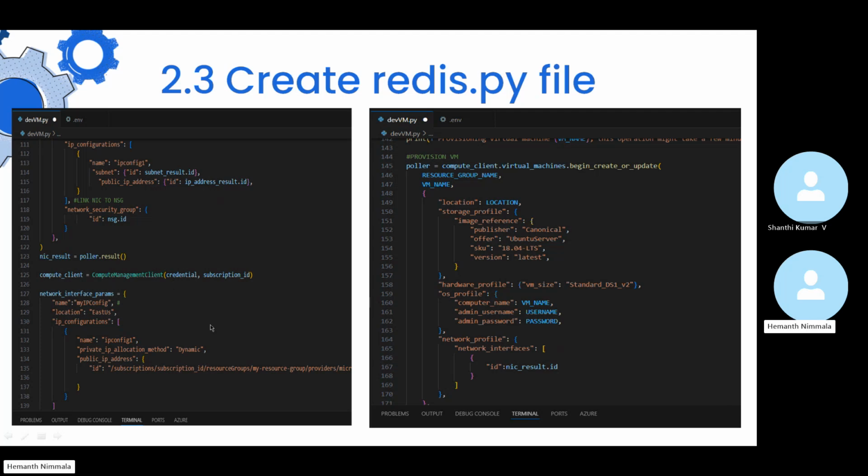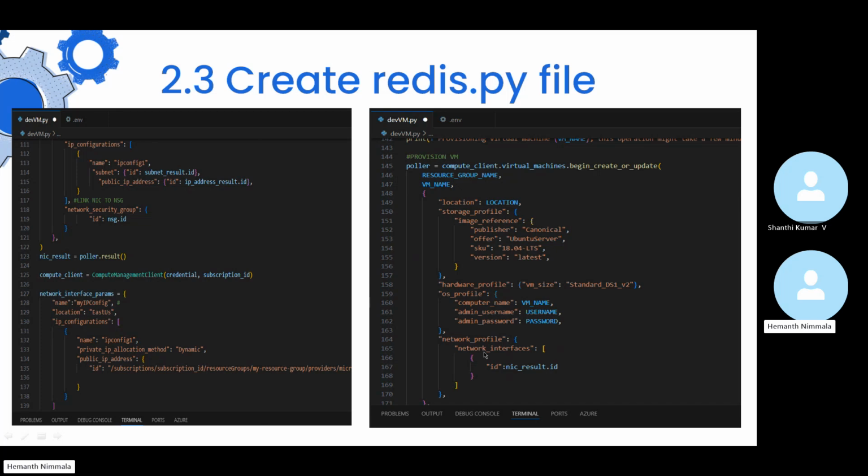And here on the left, we are basically giving the NIC details: which location, what allocation type, and the ID that is required to generate it. And on the right, we can see those details, those user credentials. And at the bottom, we are also linking the network security group to the network profile as part of the NIC,